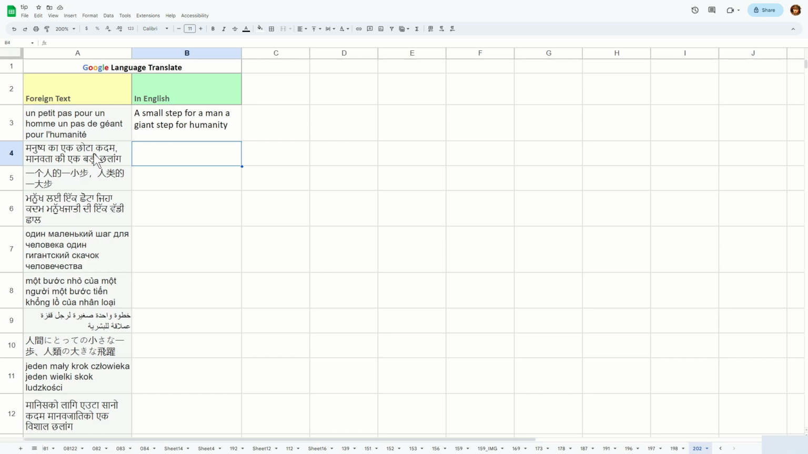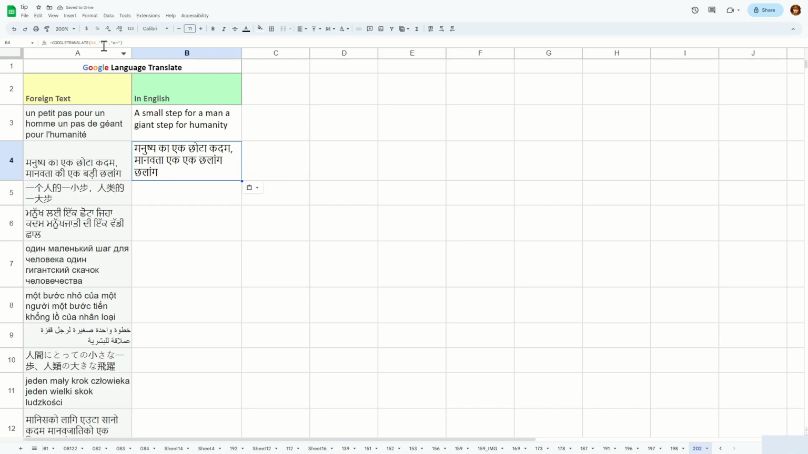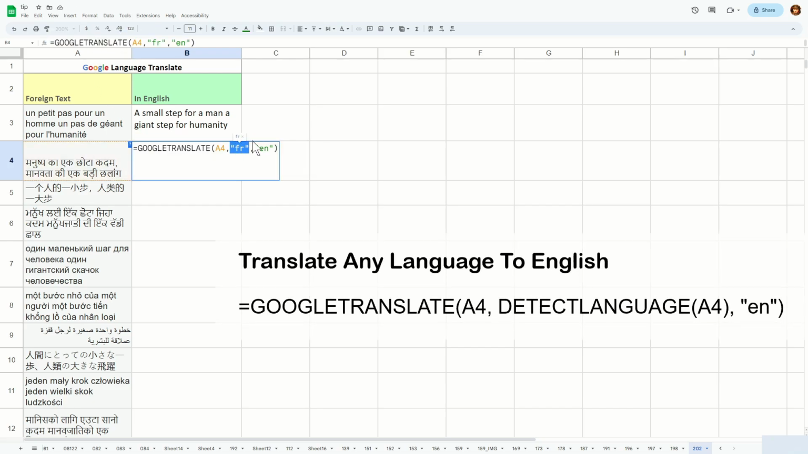But what if you have a language which is of a different type and you're not too sure what language it is? You can't be typing FR here because this is not French, of course. So the way to work around this would be this. Let's say, for example, if you don't know a language, you're going to have to use a function called DETECTLANGUAGE